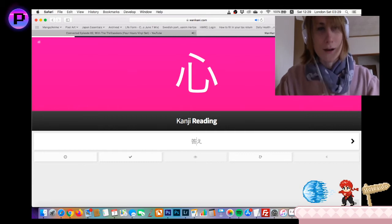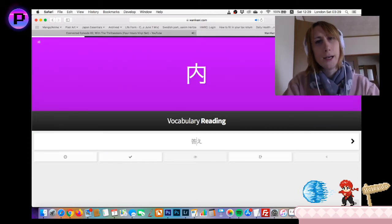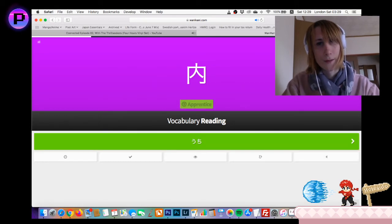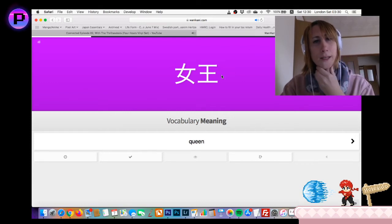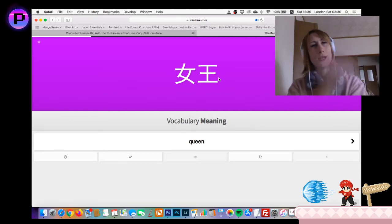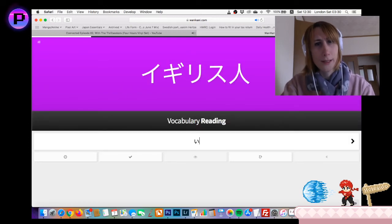Kanji reading for this one, heart. Shin. Inside. I know the kanji is uchi. Oh, chu. No, uchi. As in home. This one means queen. So the first kanji there is onna. The second one is o, which means king. So onna jo, which is what the o kanji changes to, onajo, so queen. Okay, so igirisu